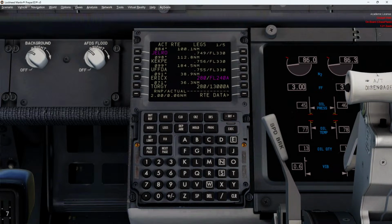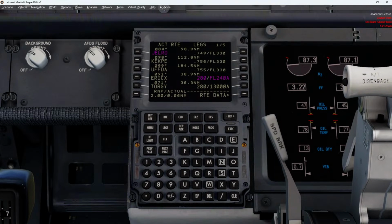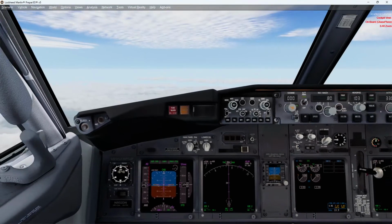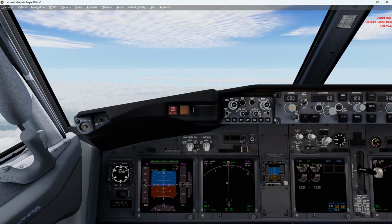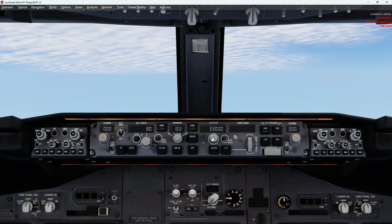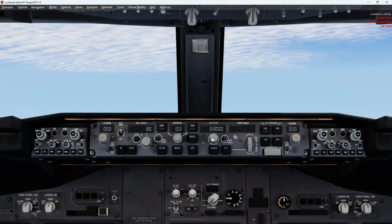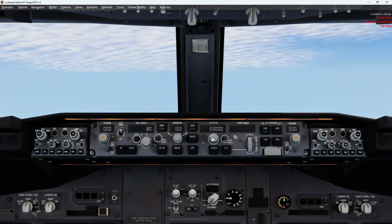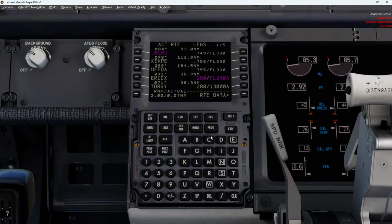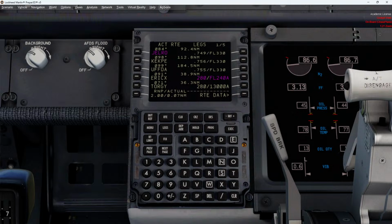Okay, so we're about 400 miles from our top of descent, and one of the things that I learned playing around is that prior to top of descent, you will need to go over to the MCP and set your altitude for that value that you will be initially descending into. So in this case, ERIC X is flight level 240 or above. So we'll put 240 probably when we get about